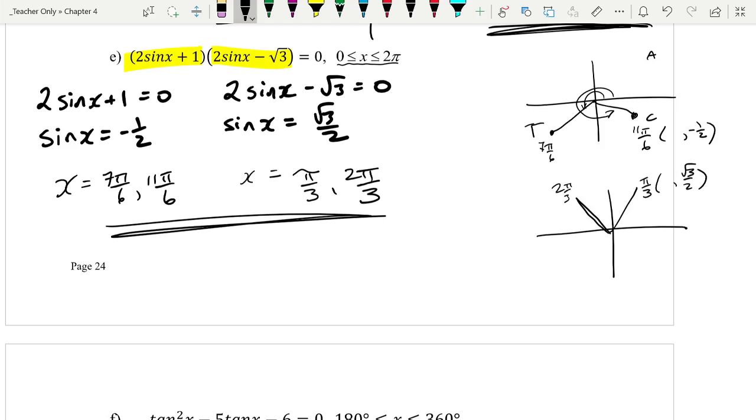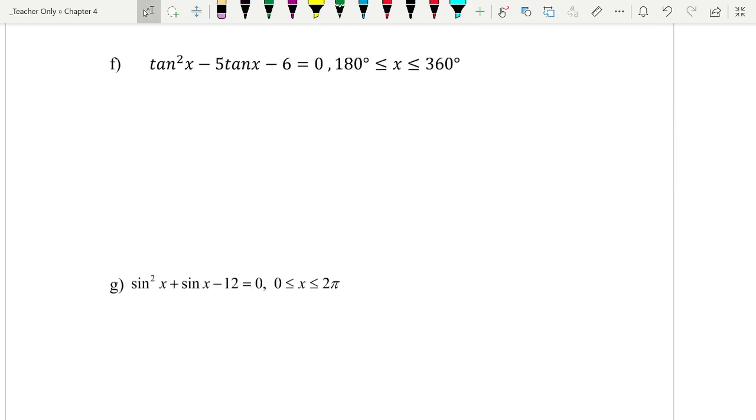Okay. Feel free to stop me if you have any questions. All right, now the algebra gets harder. All right, what do we do with this? For this one,